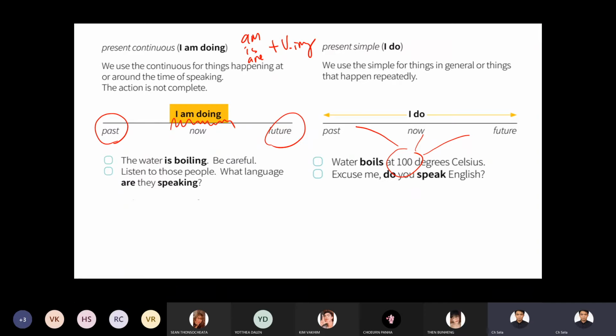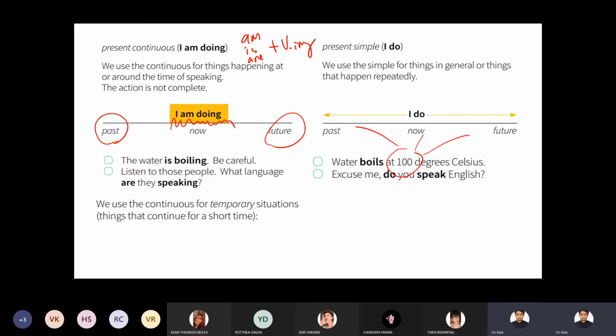So you ask something to find out whether it is true for someone or not. You visit a place, for example, and you meet a foreigner, you don't know where she or he is from, and you just ask, excuse me, do you speak English? You just want to know if it is true for him or her.